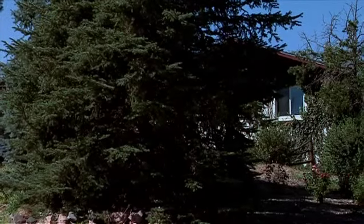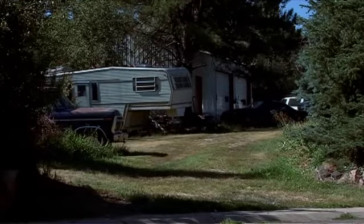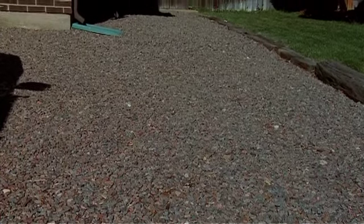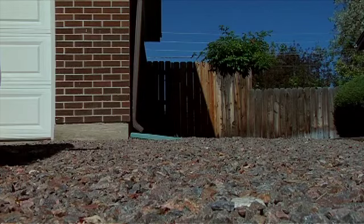A maximum of 2 inoperable vehicles may be parked on residential property in the side yard or backyard, but must be screened from public view by a privacy fence or fitted car cover. Those vehicles must also be parked on an improved surface. If that surface is gravel, the gravel must be at least 3 inches deep and kept free of weeds and